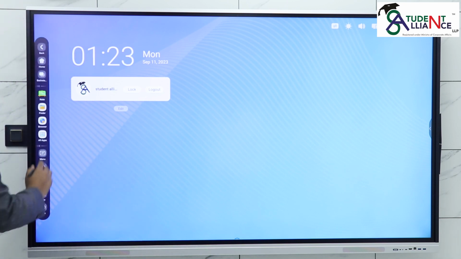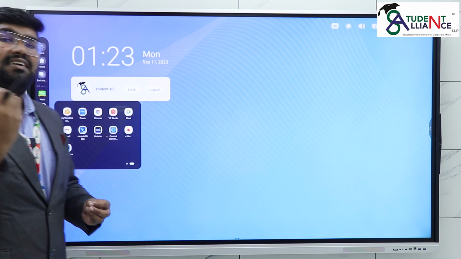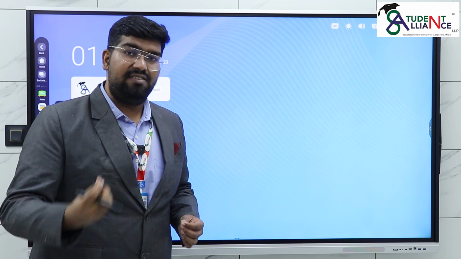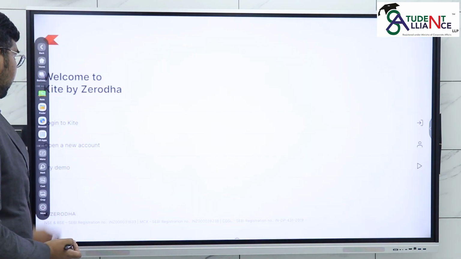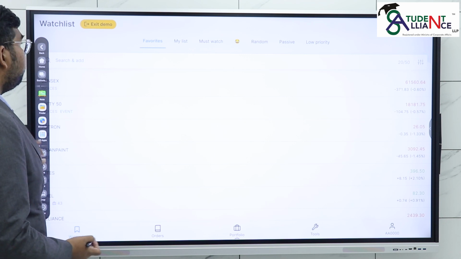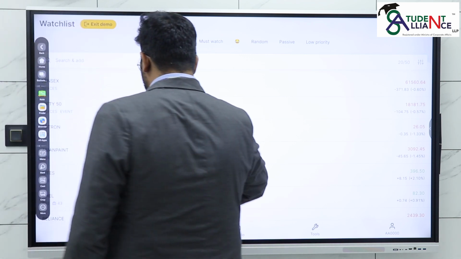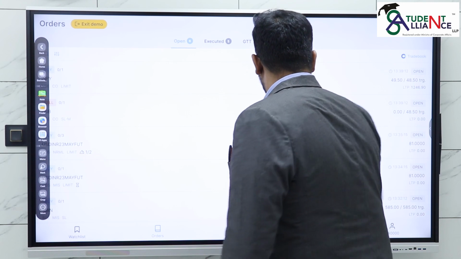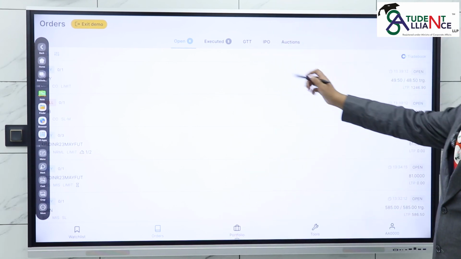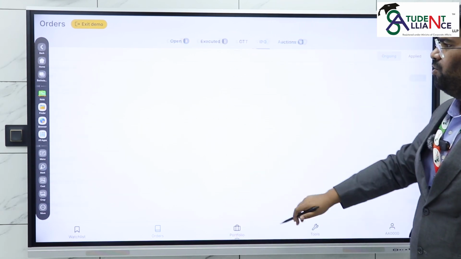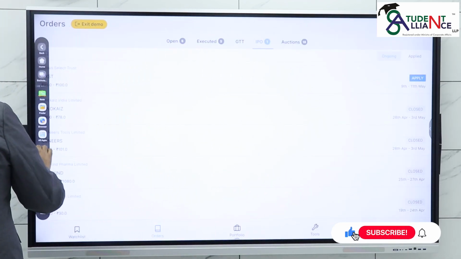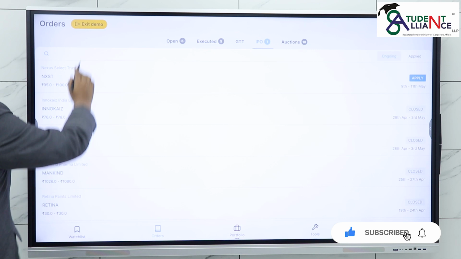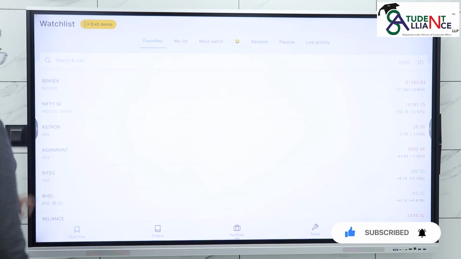Just click on the menu. I've already downloaded Kite, which is used by a lot of traders across the country. Here, if I just try the demo version, in case I want to see some orders, I can see the orders, I can see auctions, I can see IPOs, and at any point of time, in case you want to see the watch list,